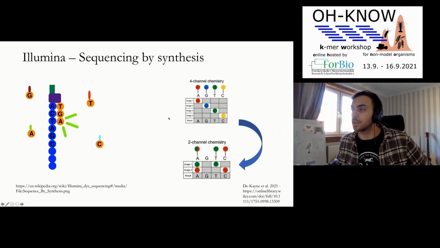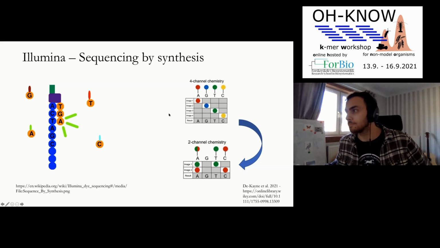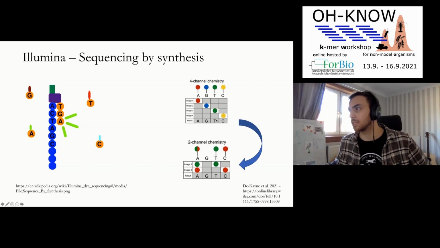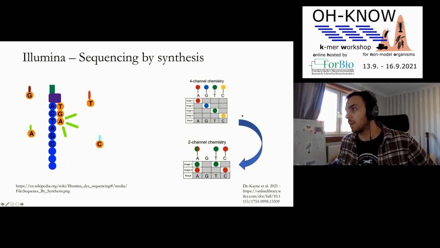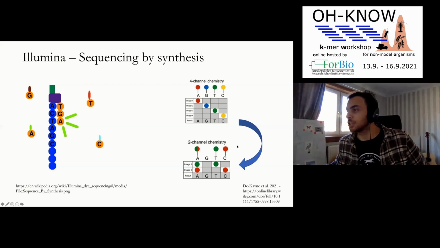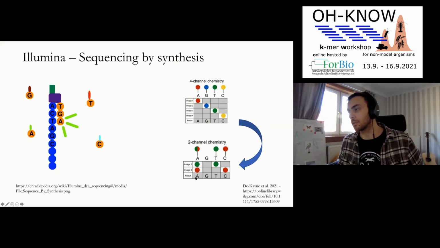In previous iterations of Illumina technology, things like MiSeq, I think, and NextSeq maybe, they use this 4-channel chemistry where each nucleotide has its own color. So in this example, A's are red, G's are blue, T's are green, and C's are yellow. And that's great. Until they decided that to save money and throughput, they could change to this 2-channel chemistry where different combinations of light confer nucleotides. So A is signified by green and red being emitted, T by green, C by red, and G by no emitted light.